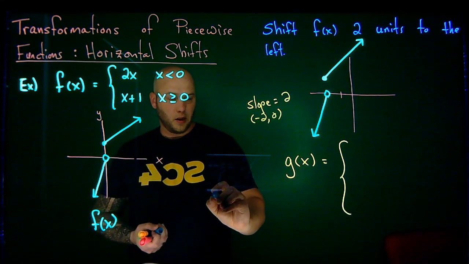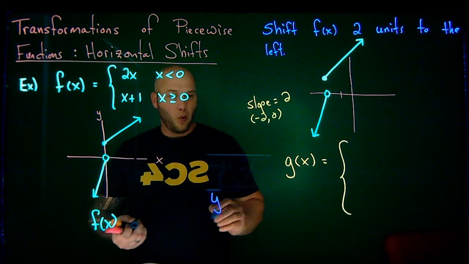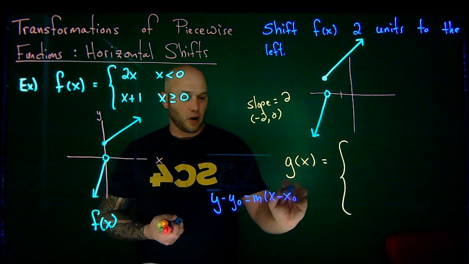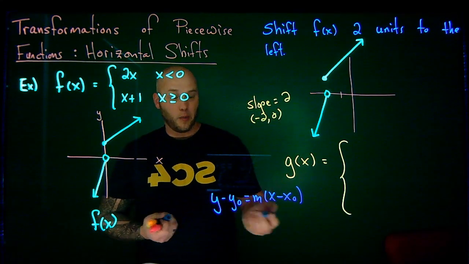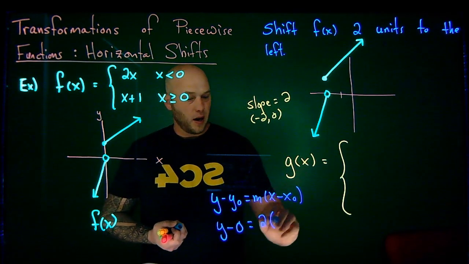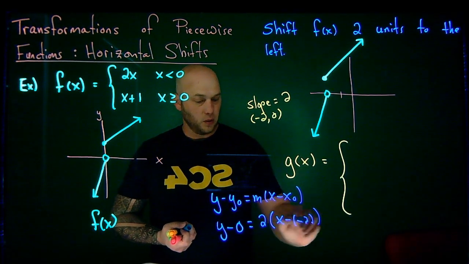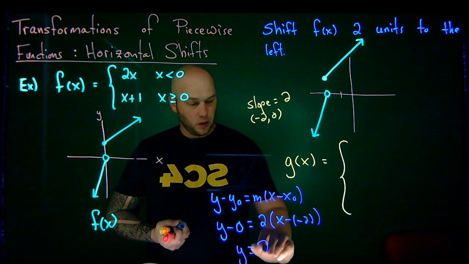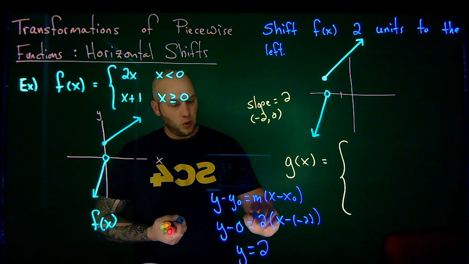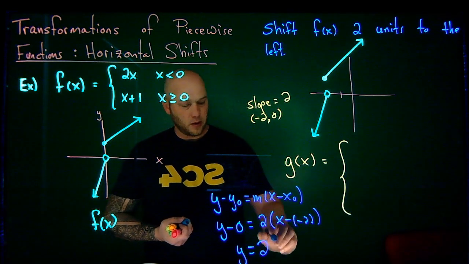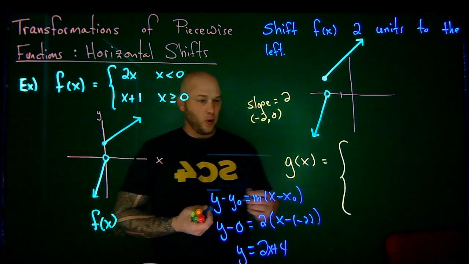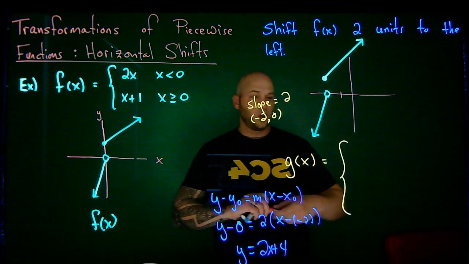Remember that the point-slope form is y minus y naught is equal to m times x minus x naught. I've got the slope and I've got a point. That means I'd have y minus 0 is 2 times x minus negative 2, which is y equals 2 times, remember, negative negative is positive, x plus 2. So 2 times x would be 2x, and then 2 times positive 2 would be plus 4, 2x plus 4. Therefore, the graph would be 2x plus 4